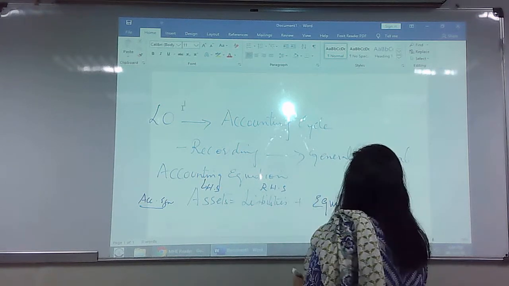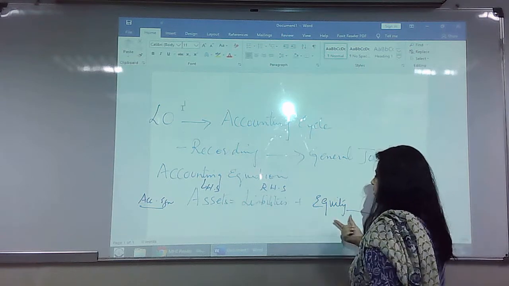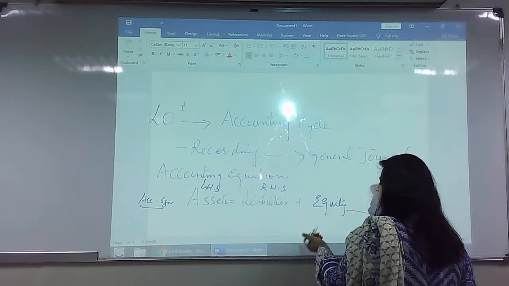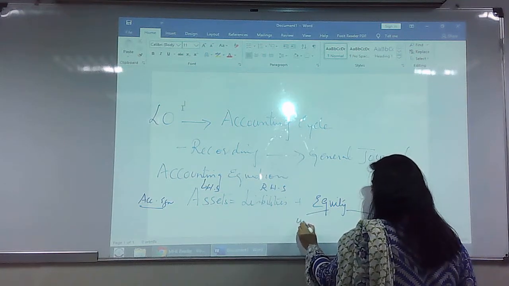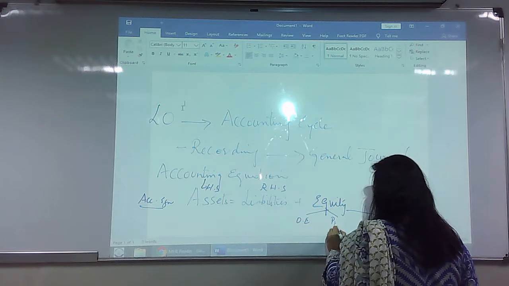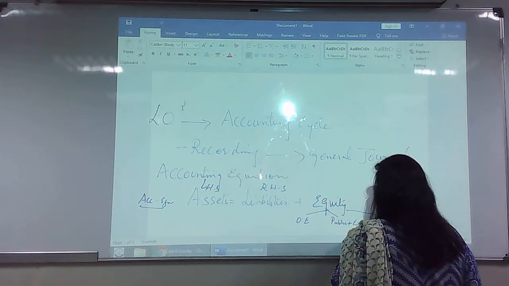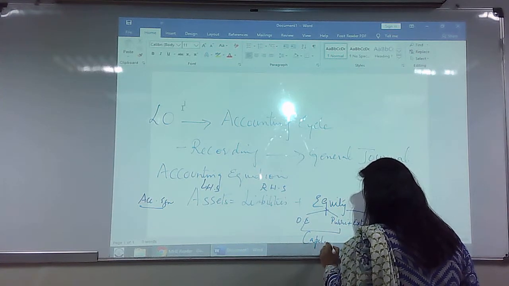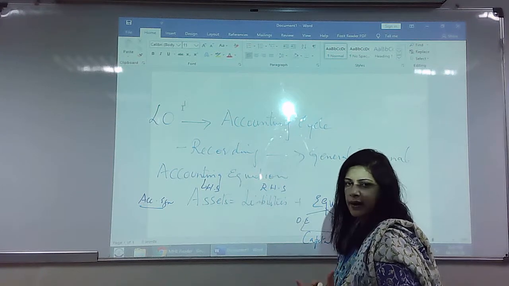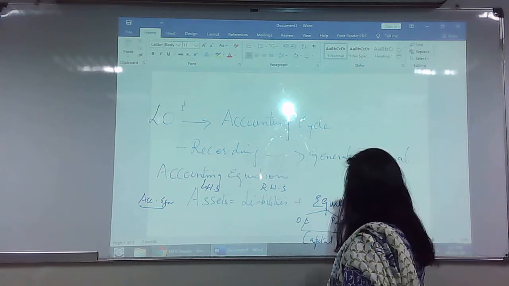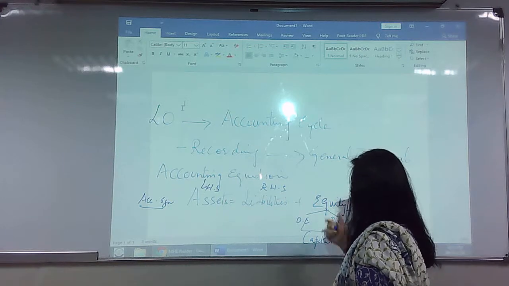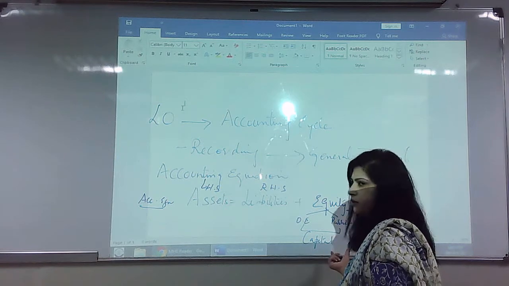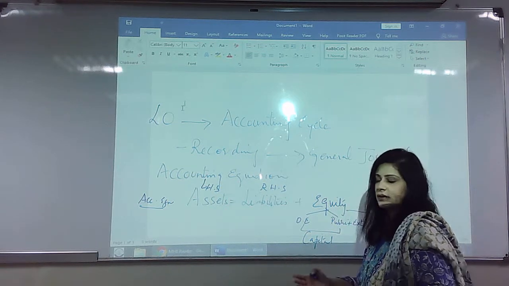There is also another side. First of all, you should understand that there are alternate names for the word equity. Equity is basically funding for the business, which could be owner's equity plus public funding, plus external funding. This is also known as capital. Okay, it's not the capital city. This word capital, you just have to remember. This capital is just like having funds. It's an alternate name. For starters, you just know that this is an alternate name for equity. This is capital, and it is credited if it is increasing.